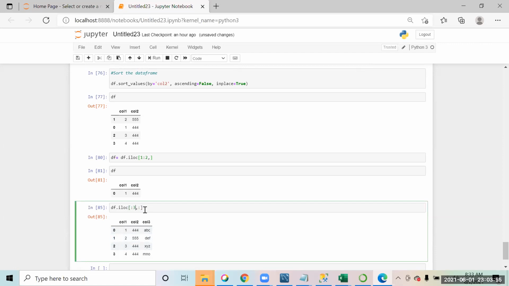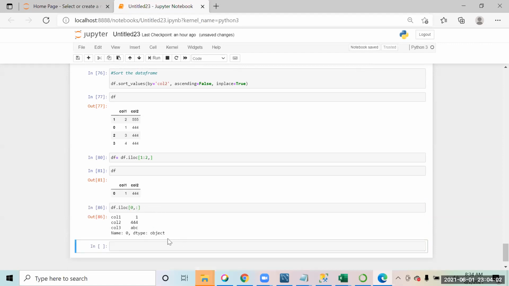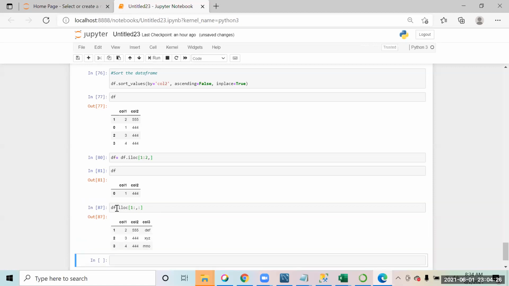You just give the index number, 0. If you see now, it shows the first row and all the columns. Since you want to delete the first row, I will start from 1 up till the last. This is what I want to keep now, so I'll update it into df.